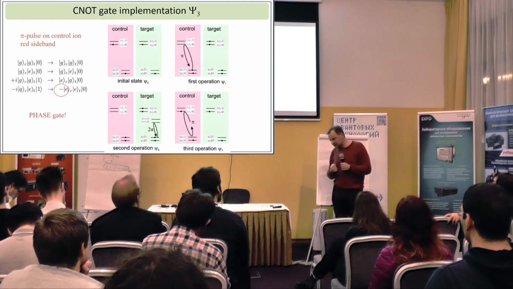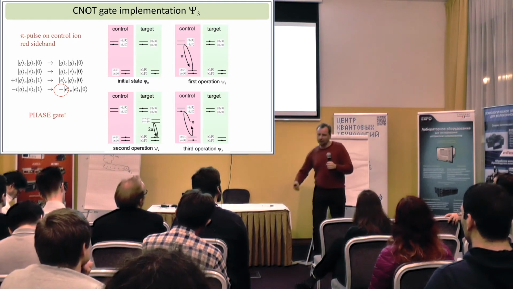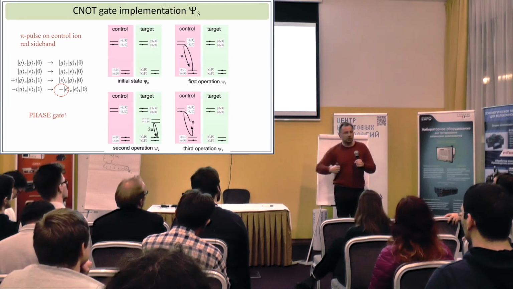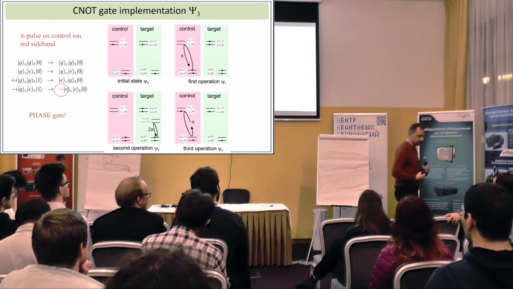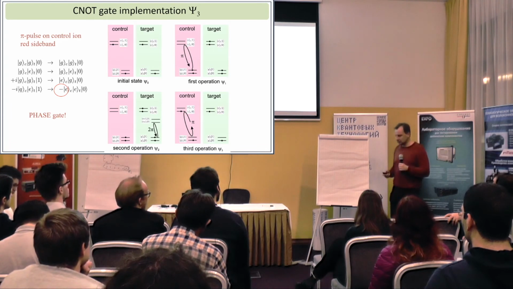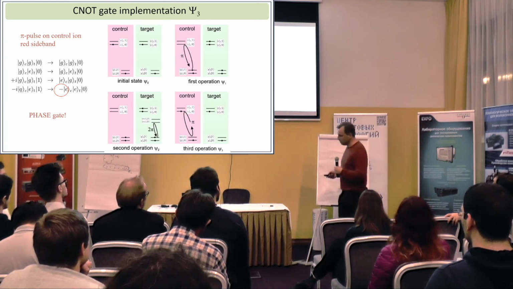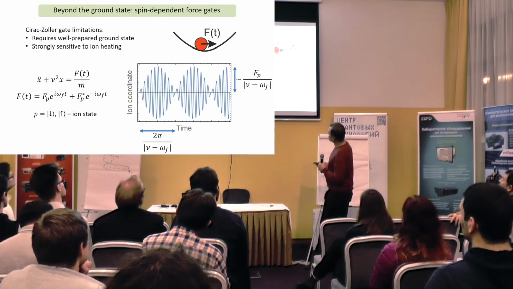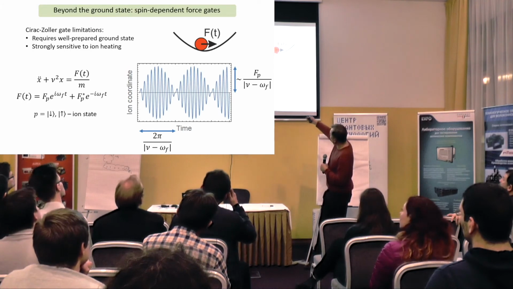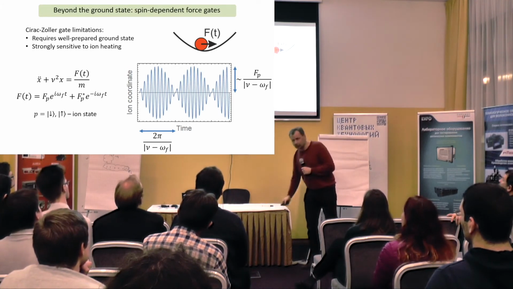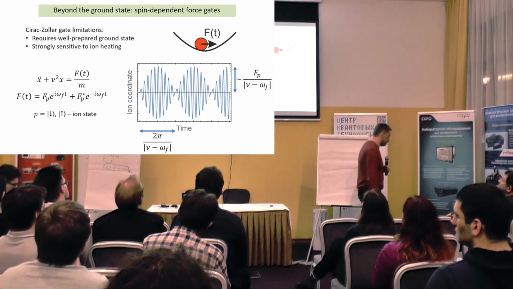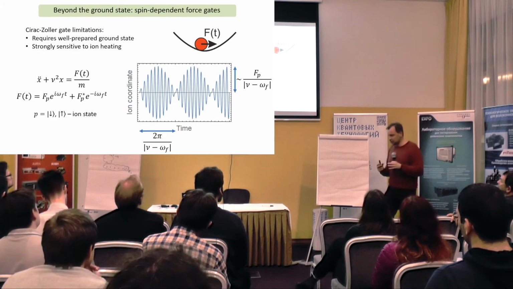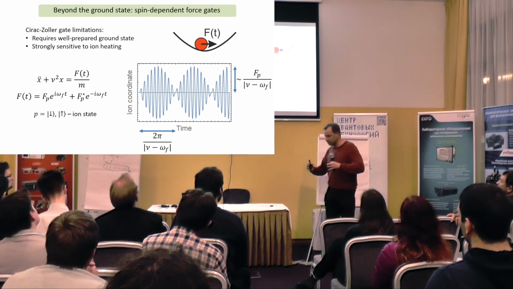So it's a bit tricky, or you have to have another ion which will sympathetically cool the whole chain, which is also not so straightforward, because this additional ion doesn't help the situation drastically. So is it possible to do something different? Here are the limitations. The Cirac-Zoller gate requires a well-prepared ground state, and it's a so-called adiabatic gate. So it means that we need a time for this gate which is comparable to or larger than the typical oscillation